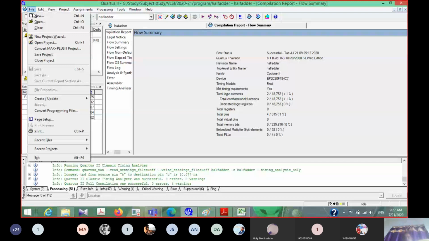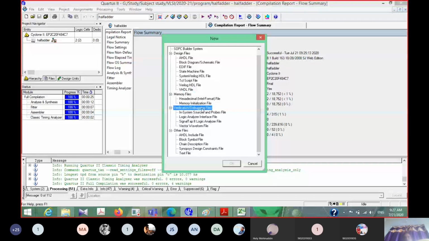Now in this case we do not want to enter the design, we want to check the design which we have entered. So we have to go to the verification and debugging file types. Here we want to verify using the waveform. So let's select the vector waveform file.